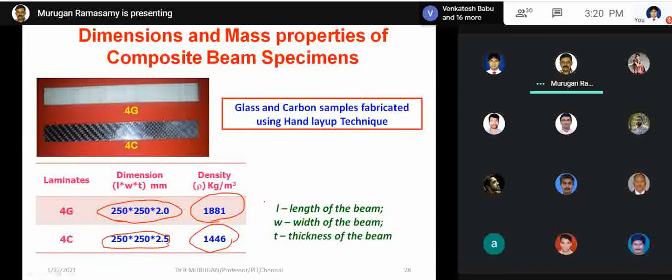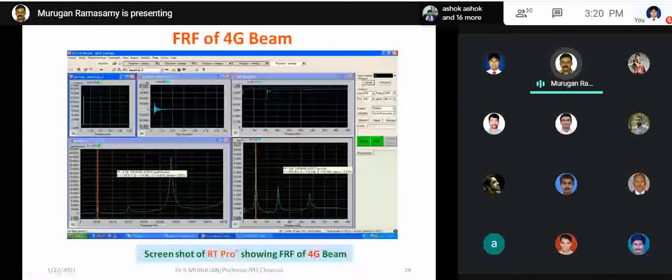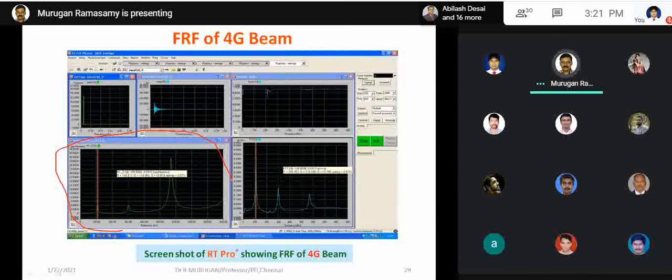Now these are the outputs of the modal analysis. We have a lot of information in this graph, but the final output is this one. This is the frequency response function. I think I cannot see it clearly here. The unit is g per Newton, and here is the frequency. Mostly the response function will be in a curved shape like this.